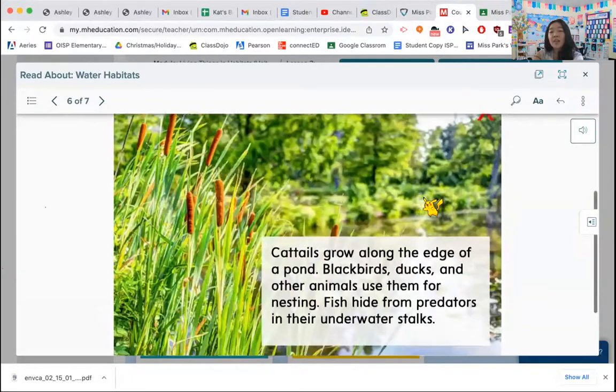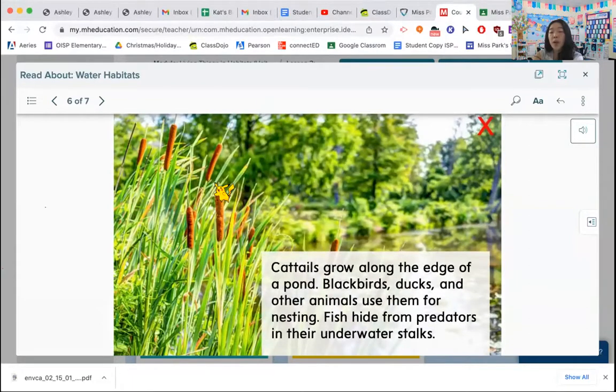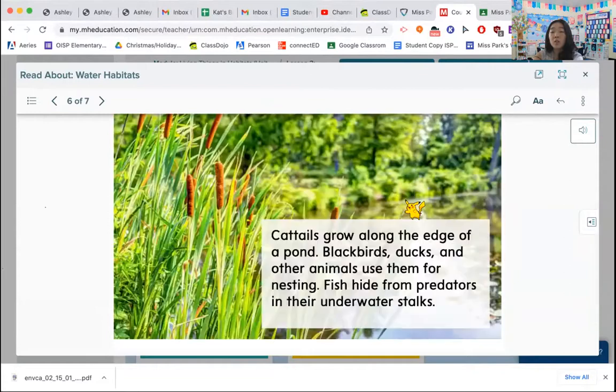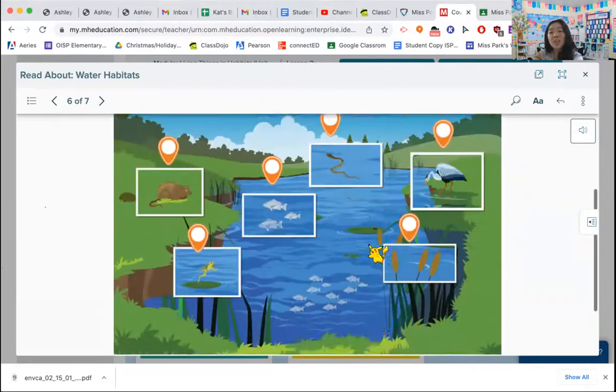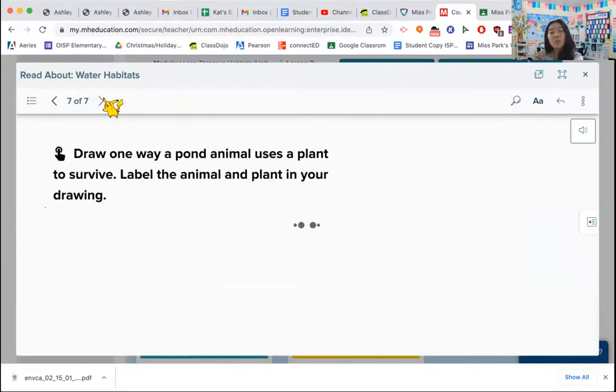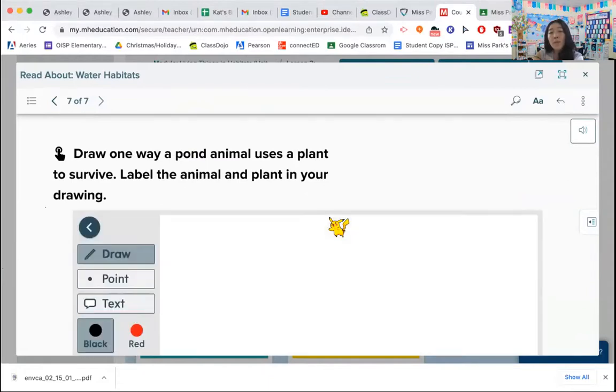And then we have the cattails. They grow along the edge of a pond. Blackbirds, ducks, and other animals use them for nesting, so as a shelter, and fish hide from predators in their underwater stalks, which is like their stems. Draw one way a pond animal uses a plant to survive, and then we skipped that